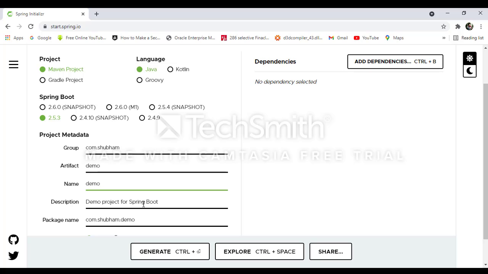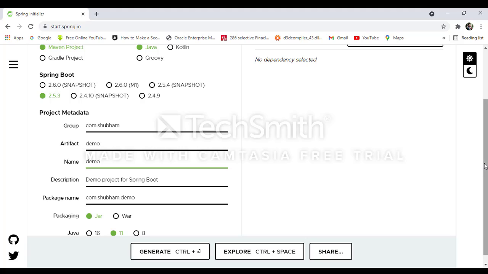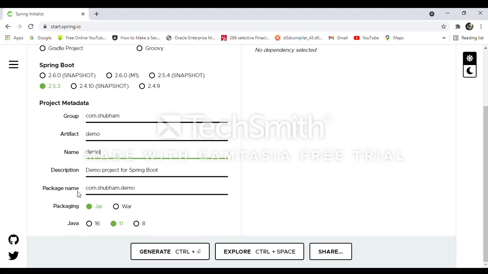You can also give a description of your Spring Boot project, and you can see the package name here. When you give the group and artifact id, it automatically creates the package name. You can see here com.shubham.demo.